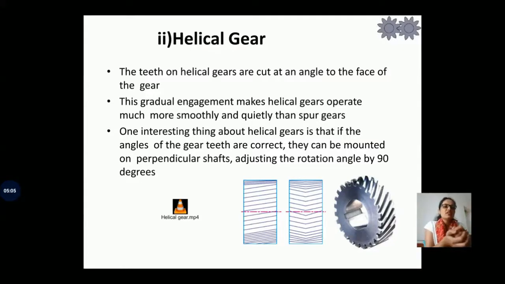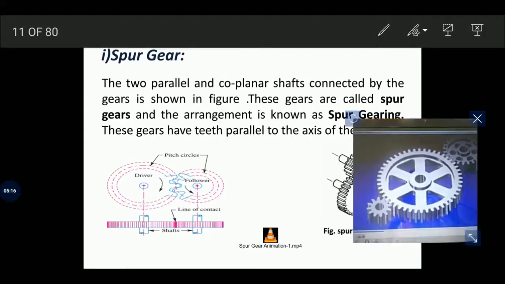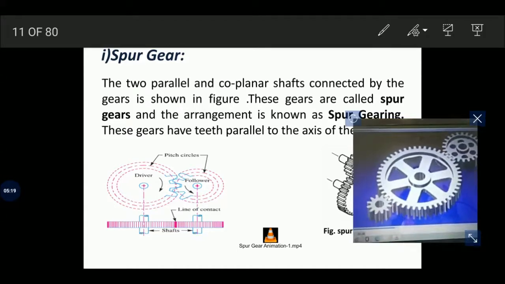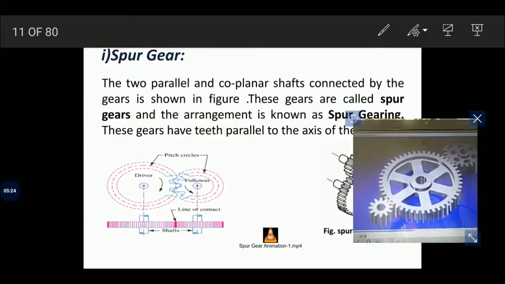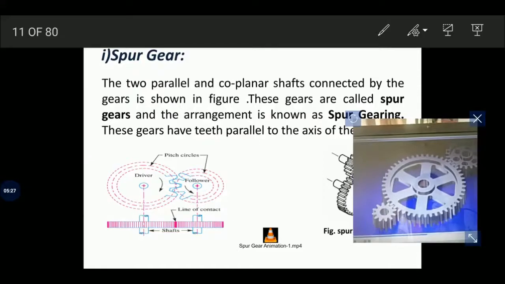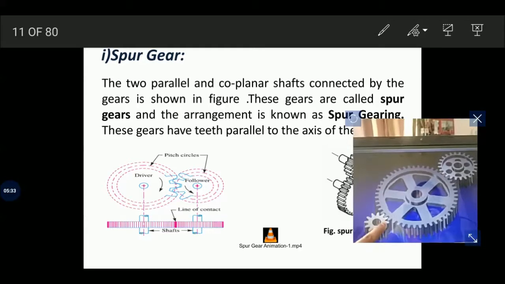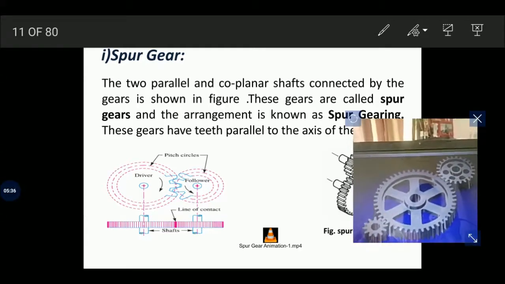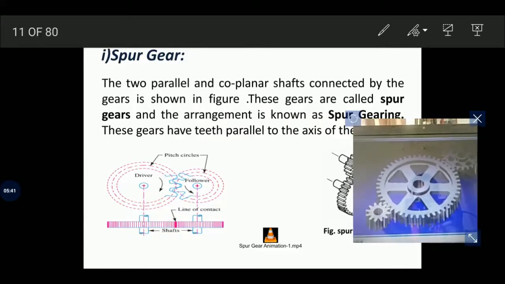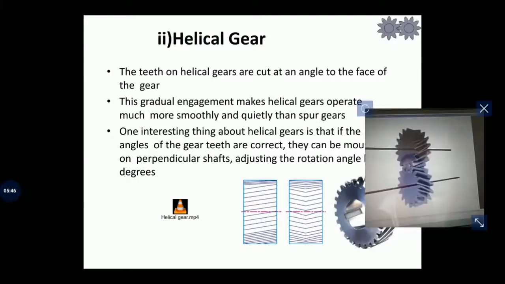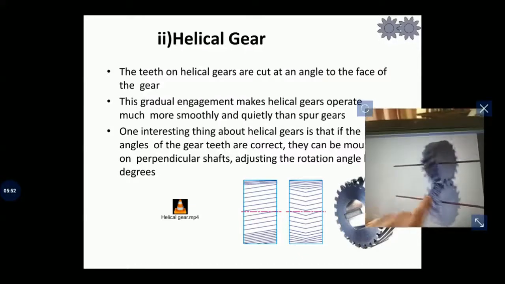Now this change is due to the following. In case of the spur gear, here we have the animation video of the spur gear. Now see in this video, when teeth of the gear engage with the teeth of the other gear, what happens? The engagement is done with line contact, meaning there is a sudden line contact between the tooth of this pinion and the tooth of the gear. Due to that line contact, there is maximum friction and noise creation. Now see, in case of helical gear, the engagement of teeth increases gradually.